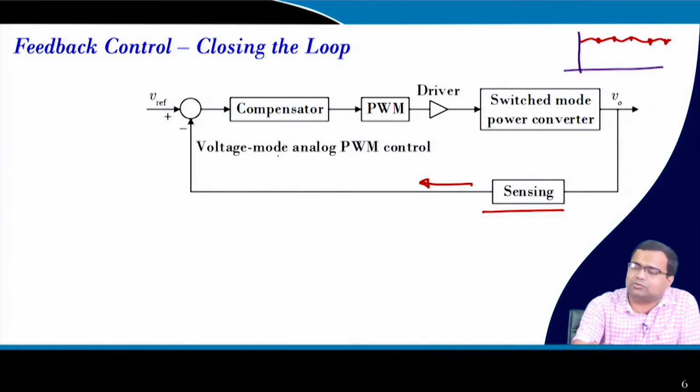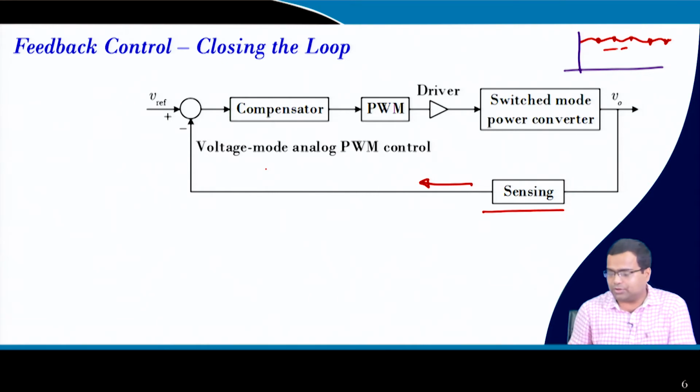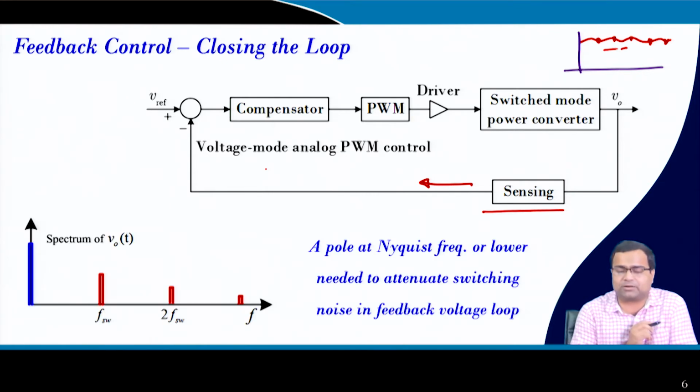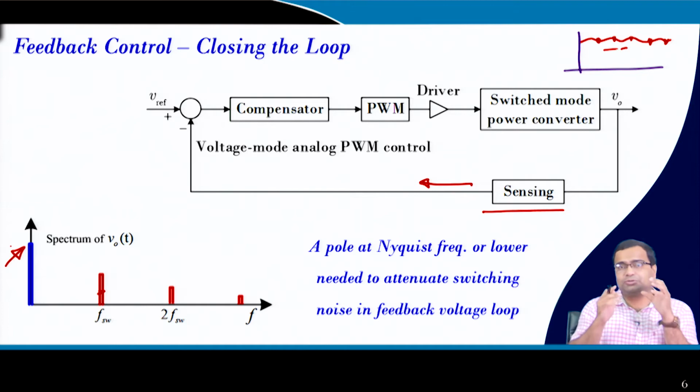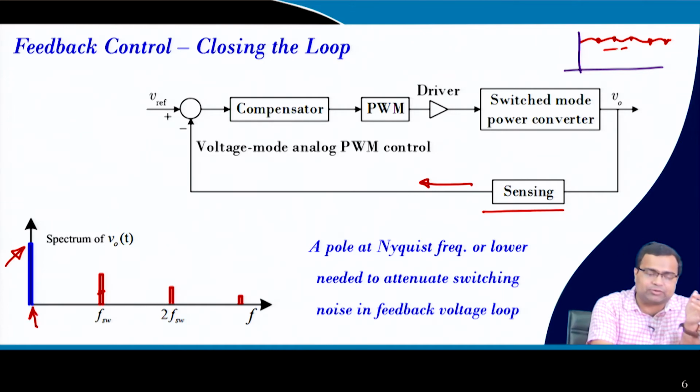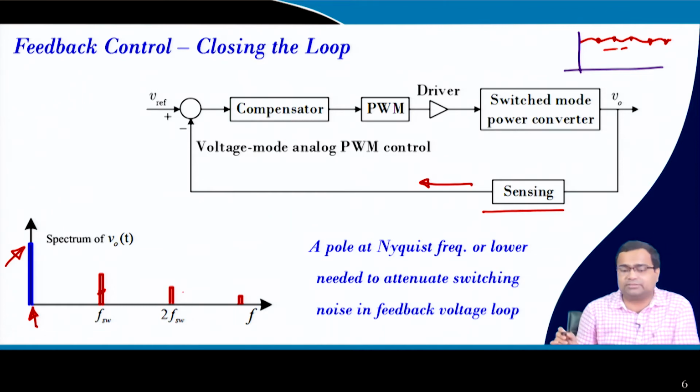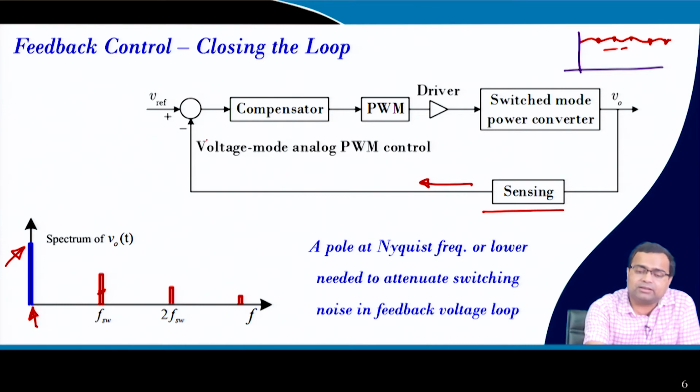But before we start discussing, we cannot afford to introduce this switching harmonics information or the switching ripple into the loop. And if you take the power spectrum of the output voltage, it should be even smaller. It will have a very high component corresponding to the DC component, because it is ultimately a DC-DC converter. Okay? But there will be some component at the switching frequency and harmonics. So, we want to attenuate that; the switching frequency component should not be injected into this compensator or the PWM.